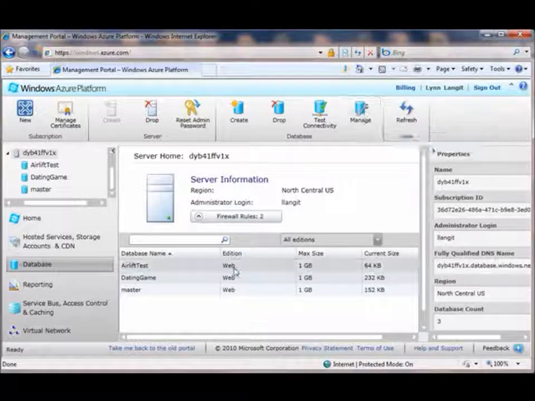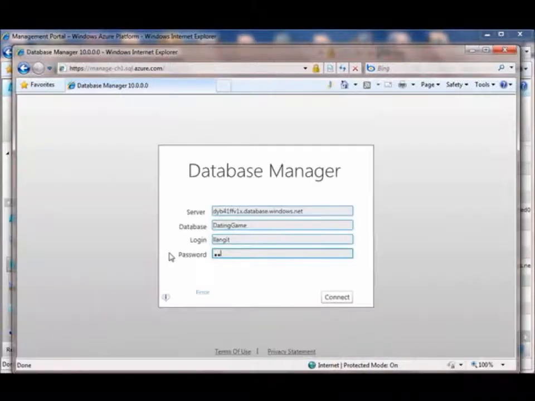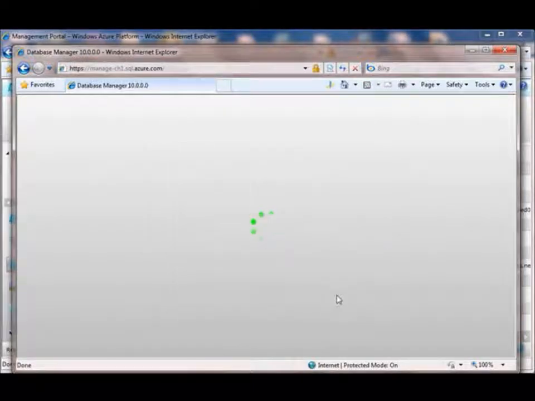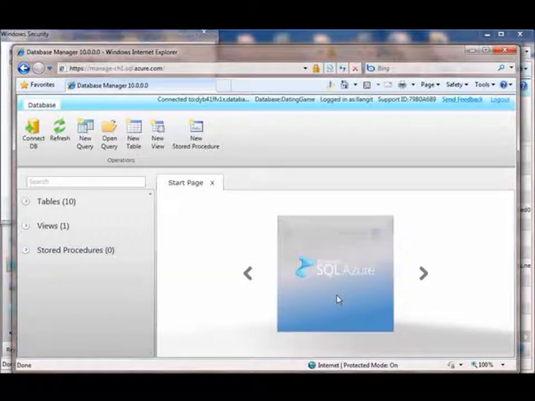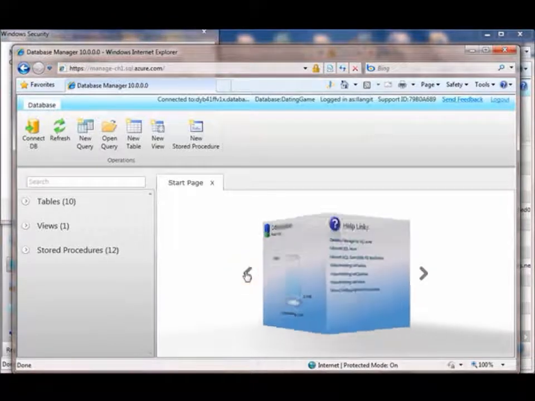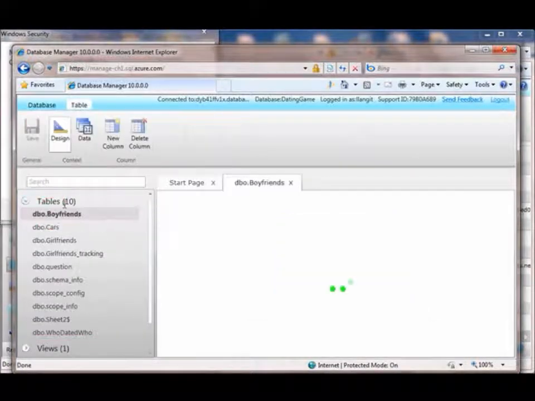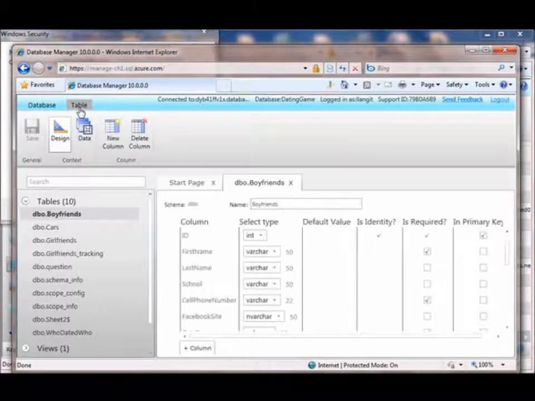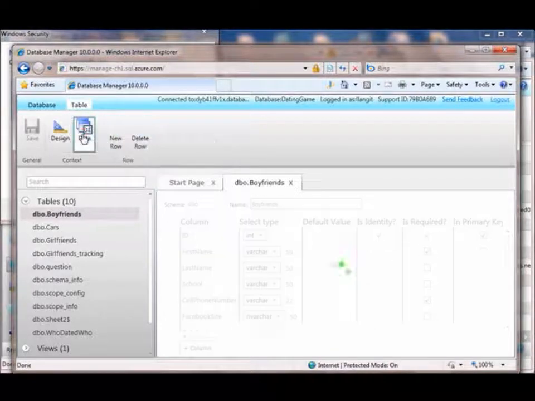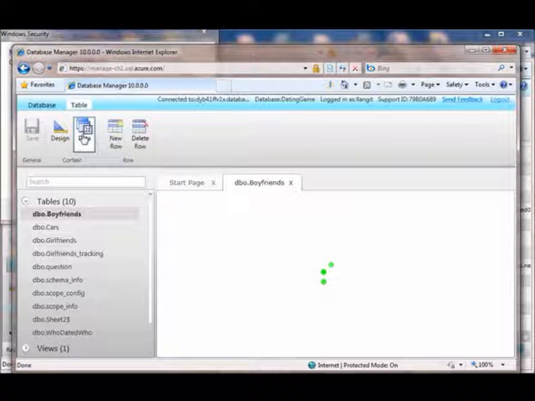If you click a particular database in the list and you click manage, this will open a child portal. Log in. And here we have our Silverlight widget talking about our database. And we have our ribbon here. If we select a particular table, you'll see that the ribbon is context sensitive, and we can design the table by adding columns or removing them, or data types or whatever, or we can look at the data, considering we have permissions,